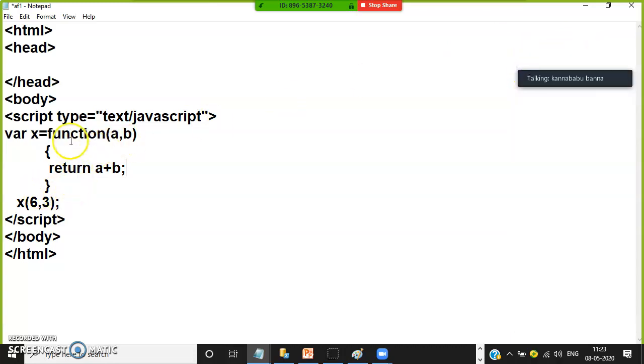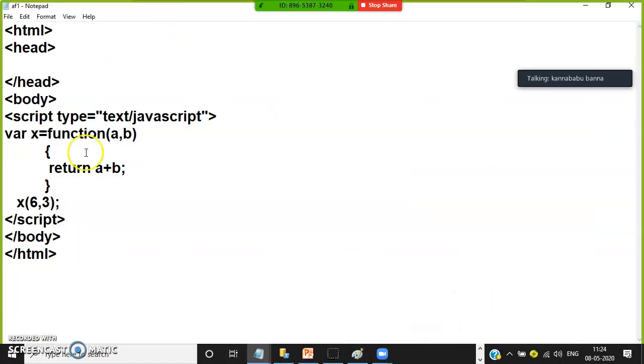So here you can see this function, when you call this function it will return some value. So here you will not get any output. I think I saved AF1 in the same program. Here let us see. You will not get any output because this function is returning some value.